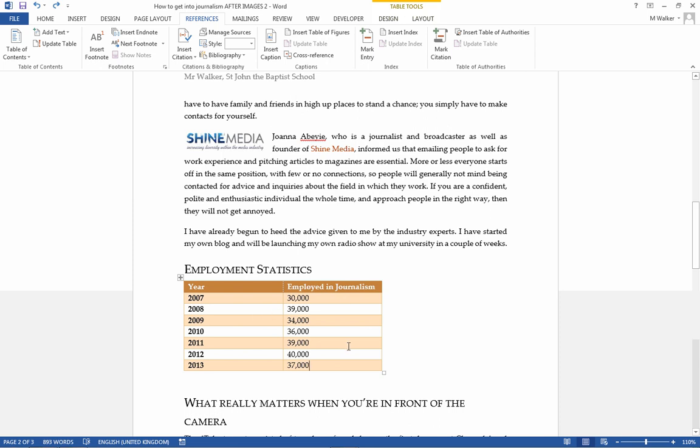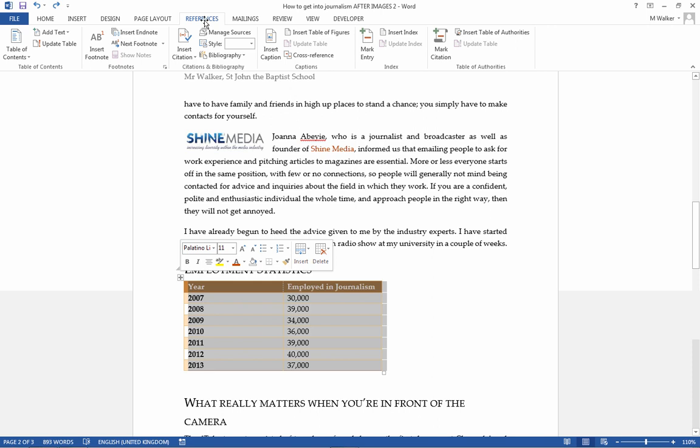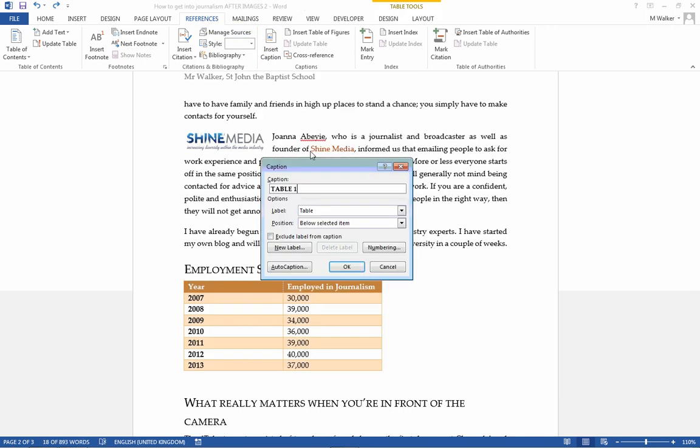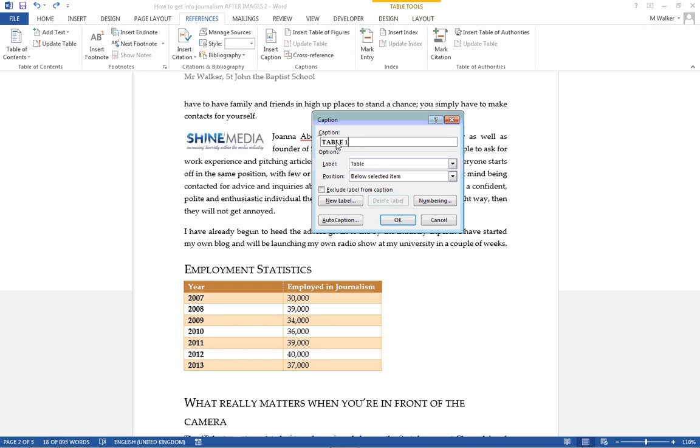One more thing I'm going to do, I could put a little bit of text underneath this to explain what this is about, but I'm only really going to repeat what's in the header here, so I just want a title for it. And this is called a caption. So if I select the whole table here, under the References tab, I go to Insert Caption, and this is going to start with table 1. I can't change that unless I actually go and play around with the auto captions, but that's going to start off with table 1, and the next thing I'm going to say is UK